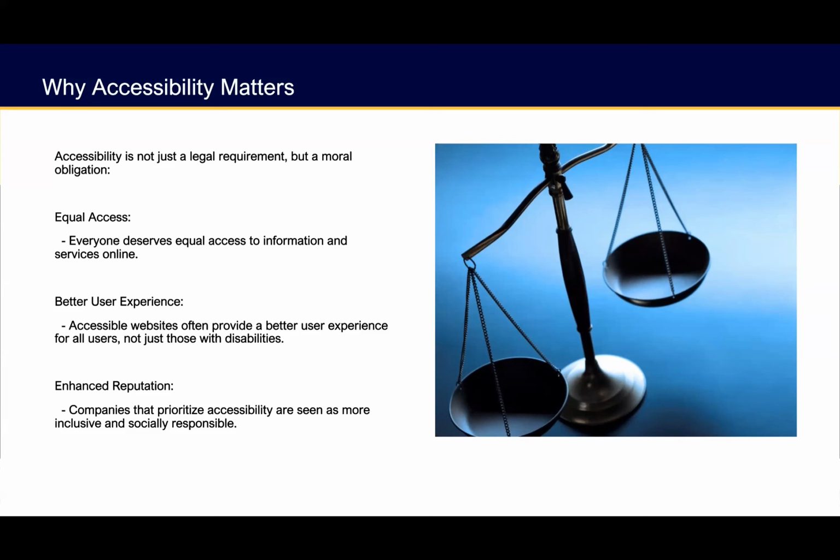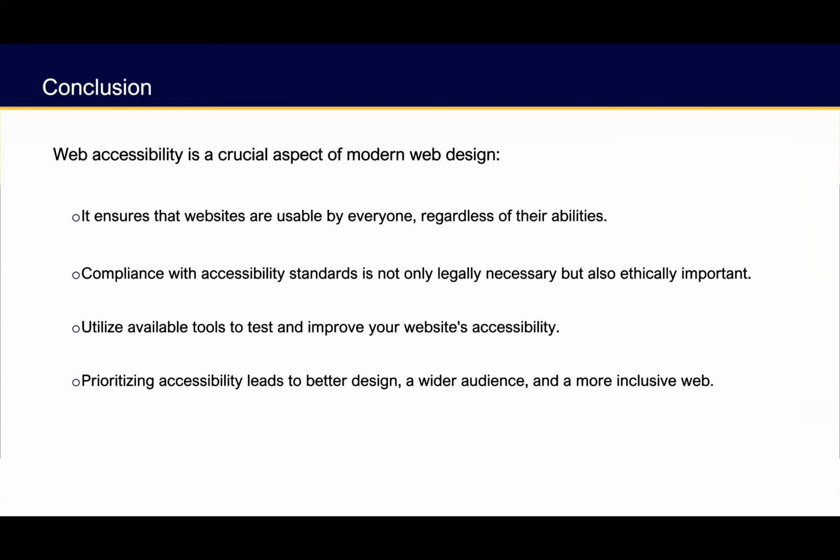Now, there's one last note on here. Admittedly, I'm not a huge fan of it. It says, companies that prioritize accessibility are seen as more inclusive and socially responsible. Okay, maybe. I'm sure that's true, for sure. But regardless, I'm just going to say this. Sometimes I'll tell my class, this is not part of the course content. It's what I call a Chelsea hot take. And this is one of them. Don't make your stuff accessible for reputation's sake. Make your stuff accessible because it's the right thing to do. Okay.